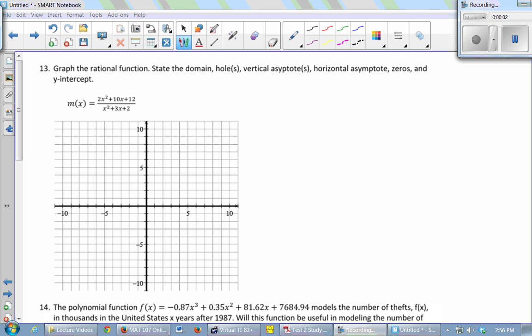I have a rational function to graph here. I want to state the domain, any holes, vertical asymptotes, horizontal asymptotes, zeros, and the y-intercept. All right, so the first thing you want to do whenever you're dealing with a rational function is factor everything